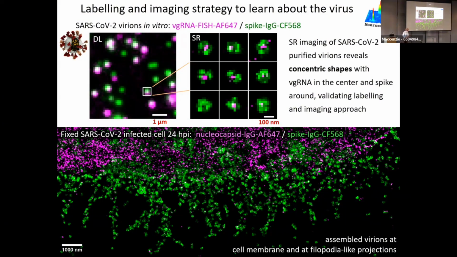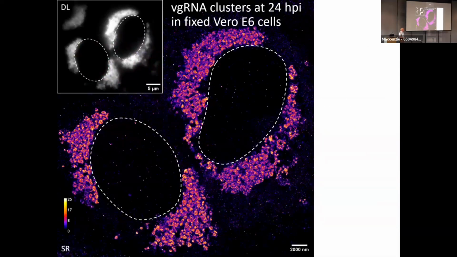So this is an idea that by using this imaging, we start to see what's going on in the cell. But the real interest is more near the nucleus for this first set of experiments, because now looking at just the VgRNA in one color, and the coloring is, of course, something roughly corresponding to how many blinks were there. These are the nuclei. This is a big scale. And what do you see when you look at the RNA? You see little clusters all around the nucleus, perinuclear clusters.